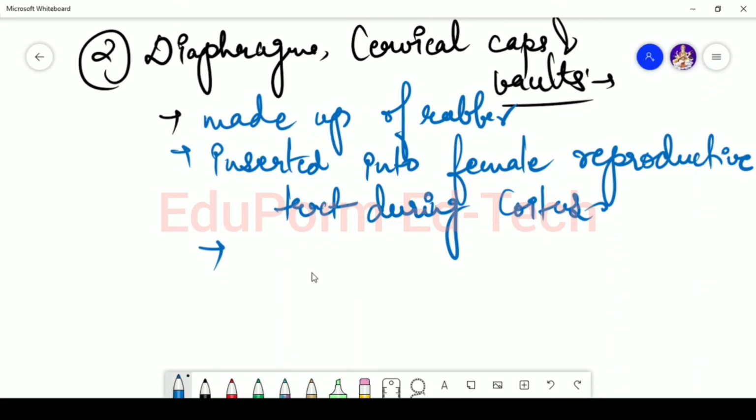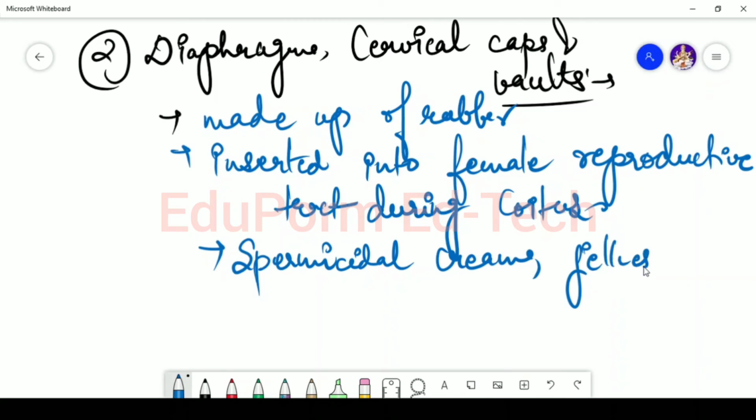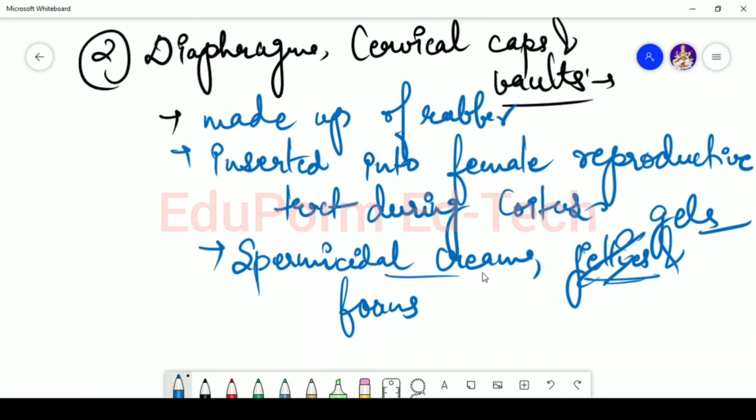अब इन सब के अलावा what are used? इन सब के अलावा स्पर्मिसाइडल क्रीम्स या जेलीज, ओके, या फोम्स यूज करे जाते हैं. ठीक है, जेल्स, स्पर्मिसाइडल क्रीम्स, जेल्स या फोम्स यूज करे जाते हैं, ठीक है। इन सब के मतलब ये जितने भी हम लोग बैरियर मेथड्स यूज करे जा रहे हैं, जो बैरियर मेथड्स के बारे में हमने बताया, ठीक है, इन बैरियर मेथड्स के साथ यूज ऑफ स्पर्मिसाइडल क्रीम्स, फोम्स एंड जेल्स करे जाते हैं। क्यों?